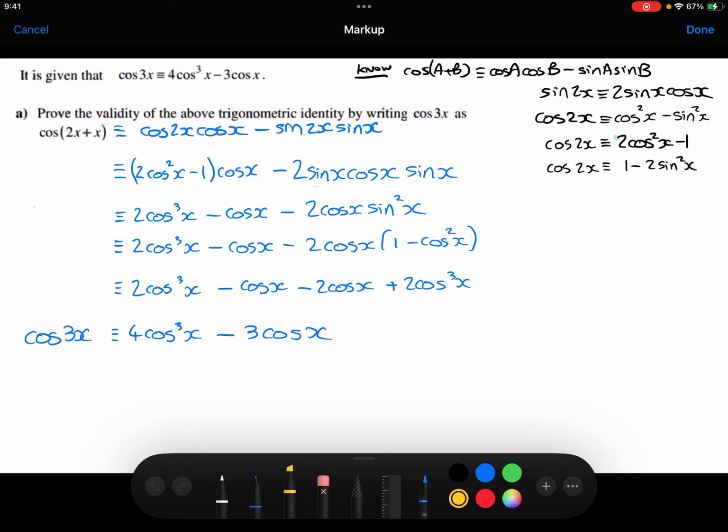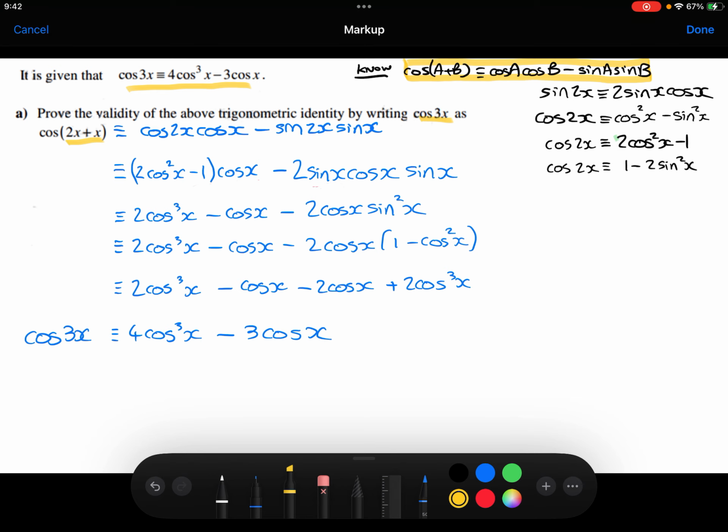Here you can see all of my working out for part A of this question. I'll just talk you through it. So we are proving this identity, and we're told to do that by rewriting the cos 3x as cos of 2x plus x. So in the top right hand corner here, I've taken the cos addition formulae from the formula sheet,